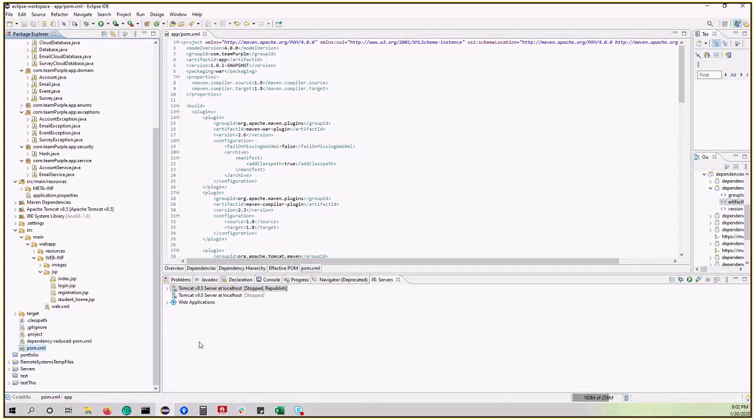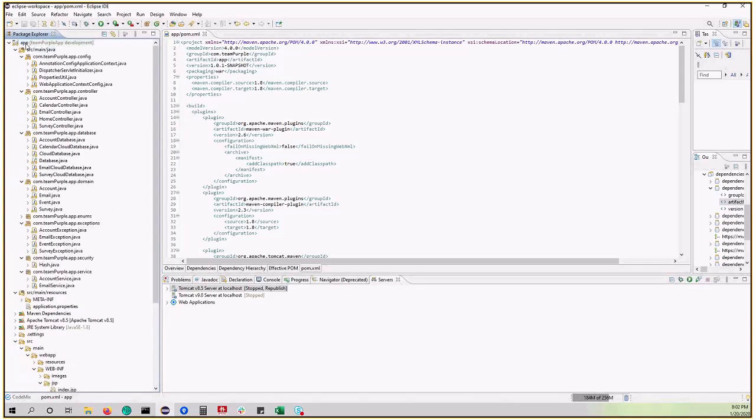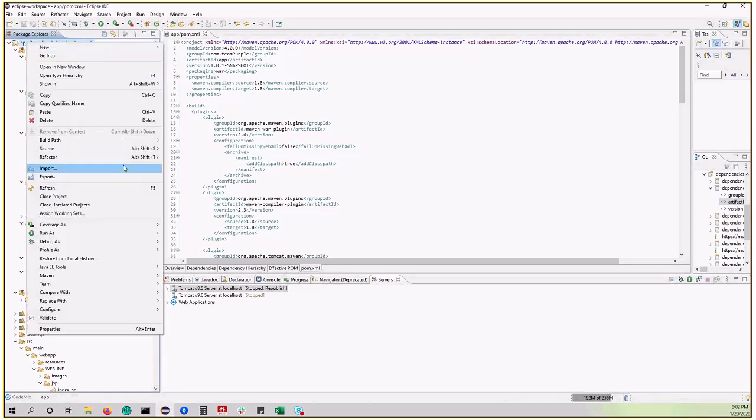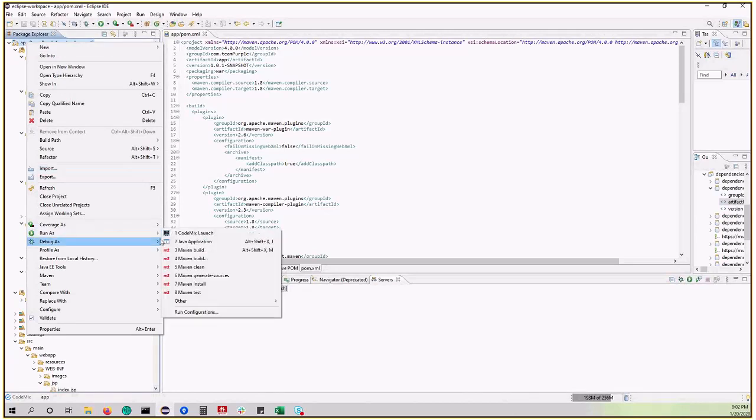So I'm going to go ahead and build the project so that y'all can see how to do it in Eclipse. So I'm going to go up here to the very top where it says App, and I'm going to right-click on it, and I'm going to come down here to Run As, and then I'm coming over here to Other. Now, this Run on Server right here may already be in the Run As directory, or in your case, it could possibly be in the Other folder. Mine somehow got installed in the Other category. So you just click on Run on Server,